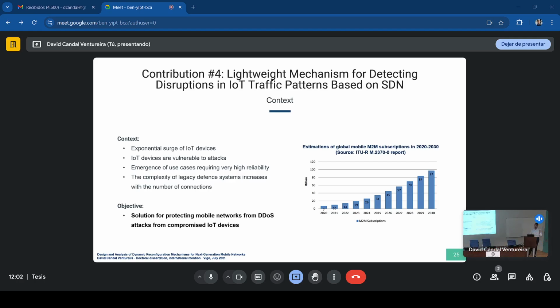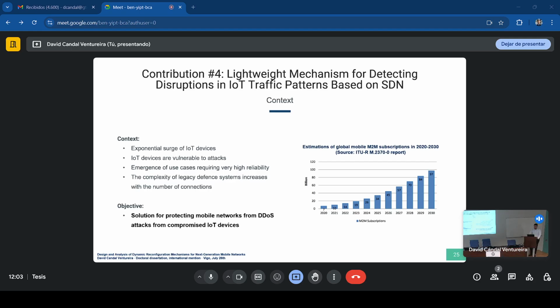First, aside from the exponential growth of connected machine-to-machine devices, most of these devices are extremely simple and cannot implement complex security functions. And in addition, among the emerging use cases, there exist applications that require high reliability, such as security systems, energy plants, factories, airports, etc. And attacks may lead to significant costs. We have recently lived such a situation with a massive failure of computing equipment running Windows last week.